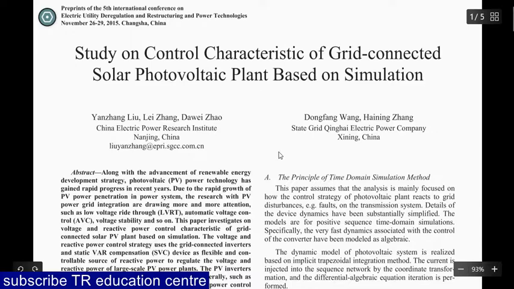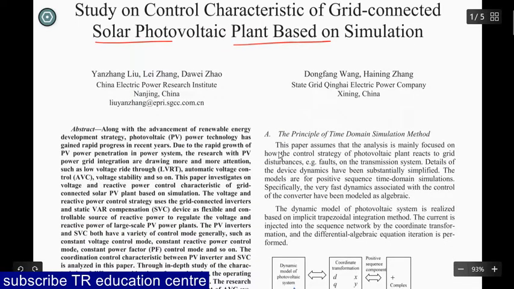Study on control of a grid-connected solar photovoltaic plant based on simulation. Along with the advance of the renewable energy development strategy, photovoltaic power technology has gained rapid progress in recent years. Due to the rapid growth of PV power penetration in the power system, research on PV power grid integration is drawing more and more attention, such as low voltage ride through (LVRT), automatic voltage control (AVC), voltage